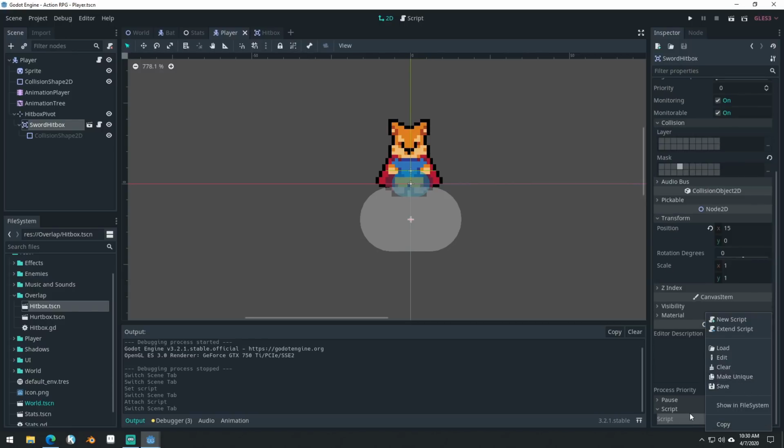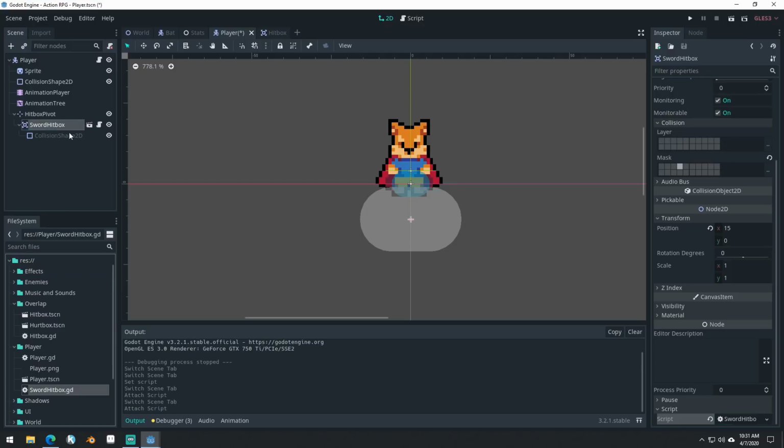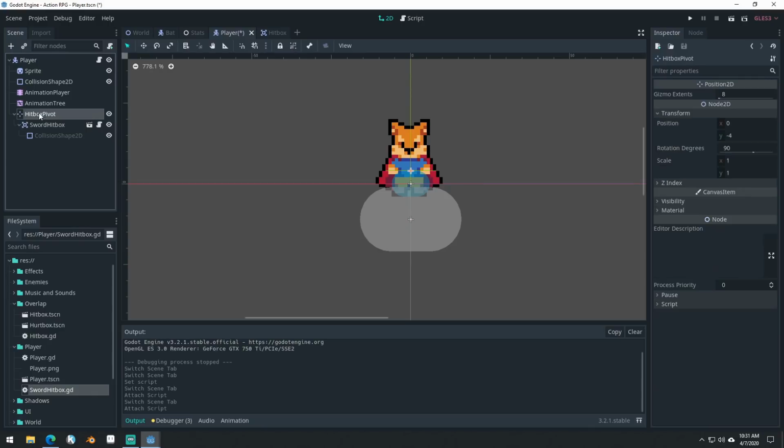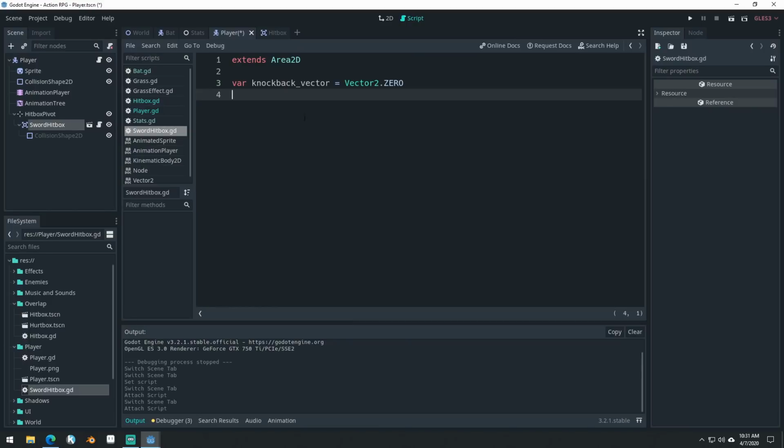So we want to come down here to scripts. And like I said, the reason I removed it before is because I wasn't sure how it would affect it down here. We want to come back into scripts. We can actually just come into our player, grab the sword hitbox.gd and drag it up here and drop it. So now we have sword hitbox.gd attached to our player's sword hitbox. But now we can't set the damage on this player. So what we want to do is, instead of